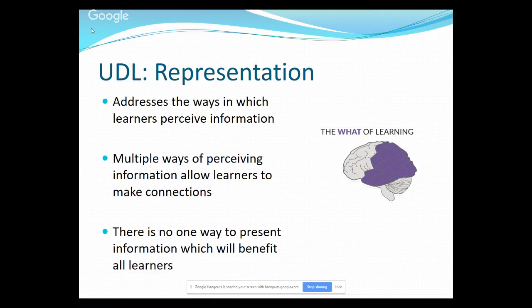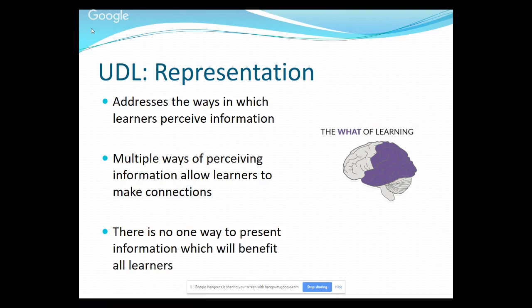The second component of universal design for learning talks about the what of learning. And what that means is it's talking about how information is being given and distilled to learners and how learners are perceiving that information. And so when we go to representation, lots of folks think about the idea of having audiovisual aids. So do we have a video? Do we have something folks are reading? Are we just talking? What is the way that the information is being conveyed, and how are people able to